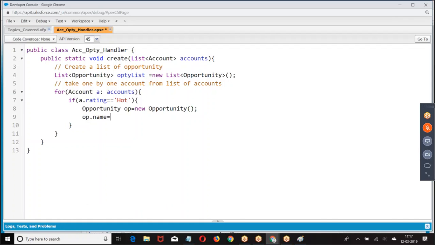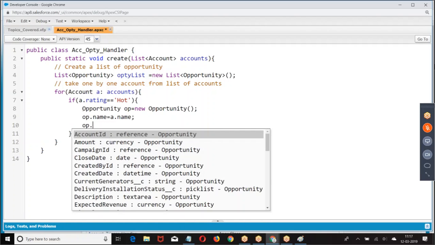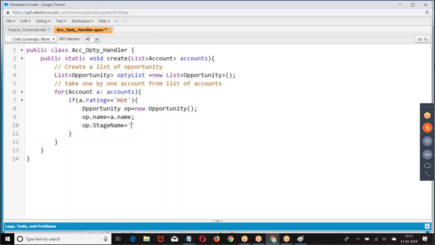Opportunity dot name equal to a dot name, opportunity dot stage name equal to, opportunity dot close date equal to, and opportunity dot account ID equal to the ID of the account.